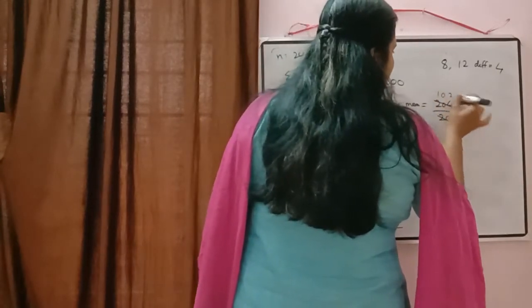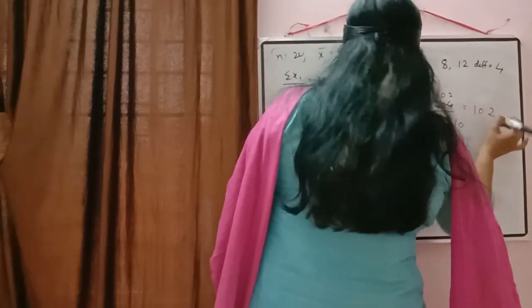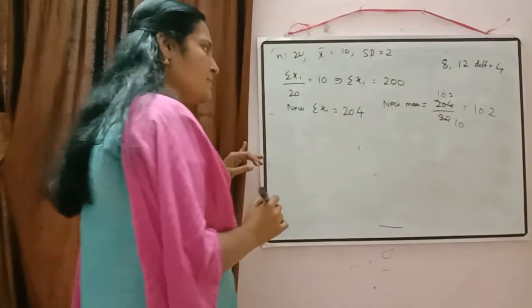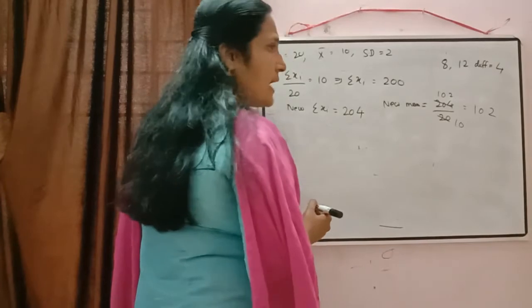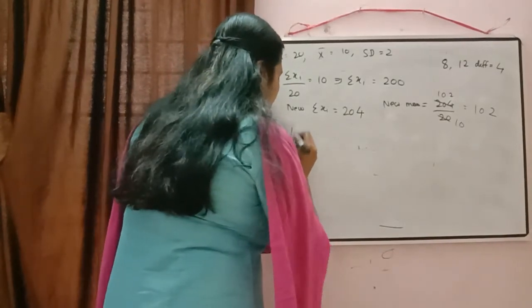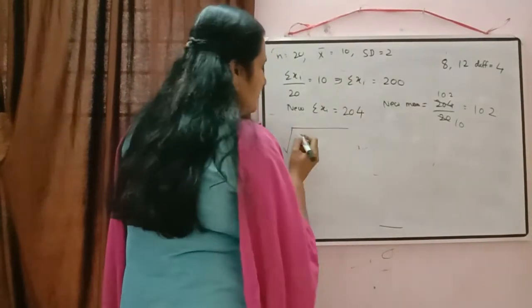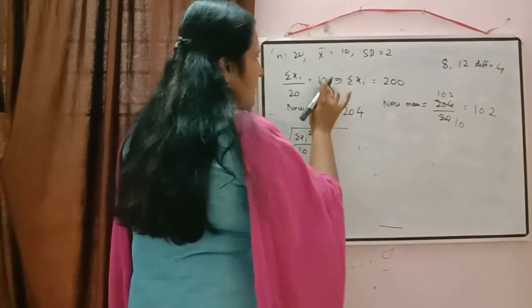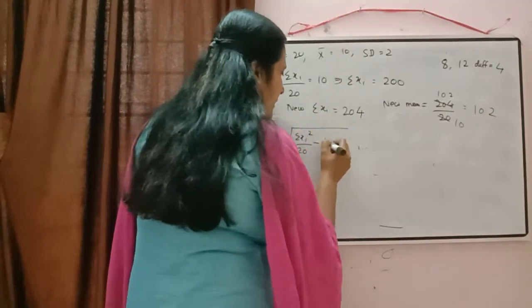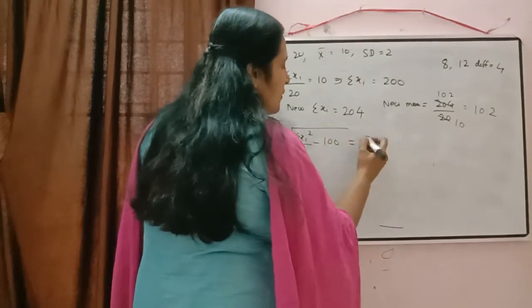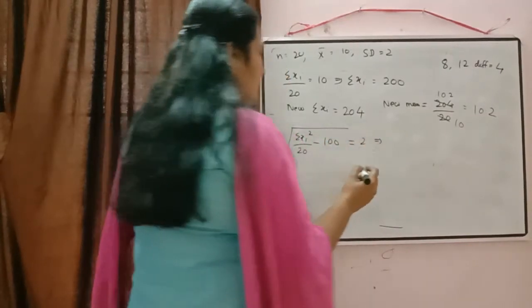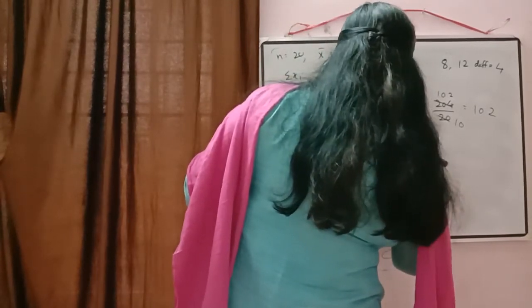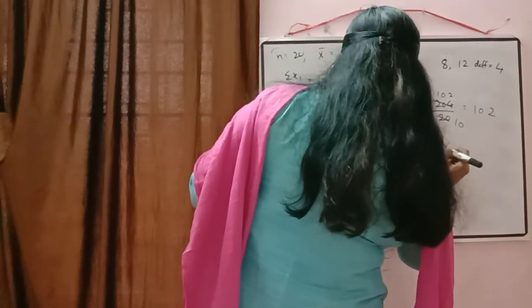So the new mean will be equal to 10.2. Now we can check the change in the standard deviation. First, according to the formula, standard deviation will be equal to the square root of sigma xi square by 20 minus 10 square, which is 100, is equal to 2, as given. Again squaring both sides, we get sigma xi square by 20 minus 100 is equal to